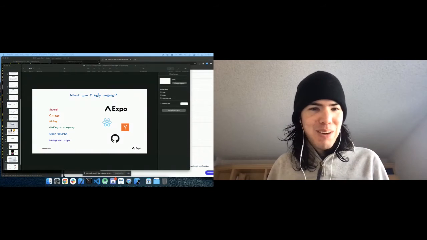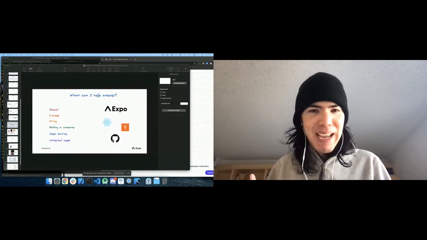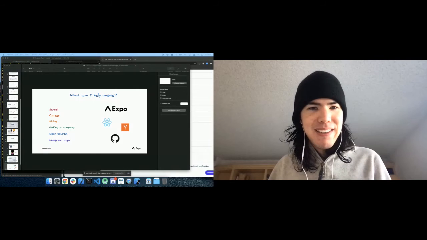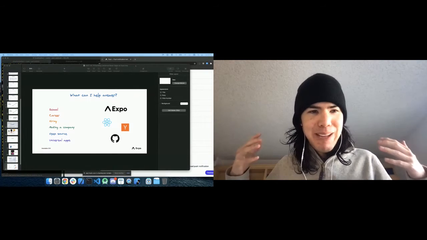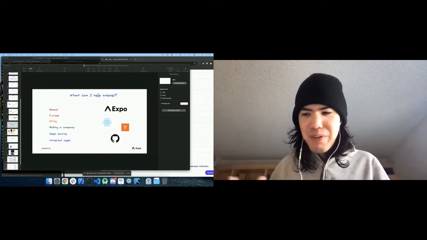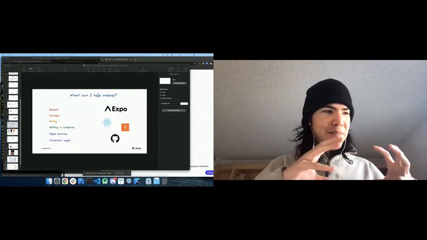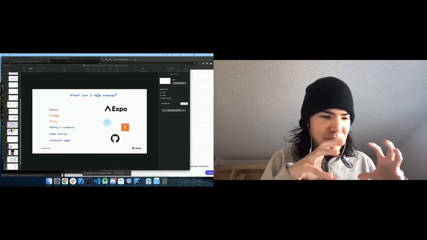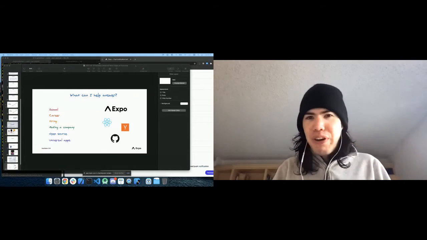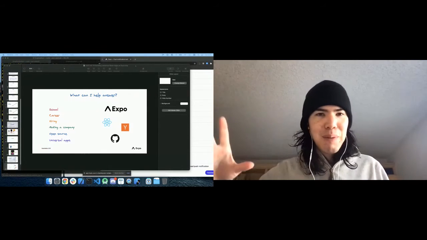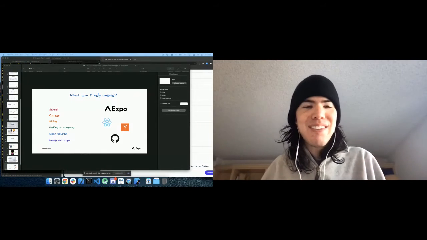And so we started working on Expo. And at the beginning, React Native didn't exist. But we had done a lot of development on the web, and we just knew that having this fast feedback loop of being able to just write JavaScript or HTML and then refresh the website and see those results, that was awesome. But